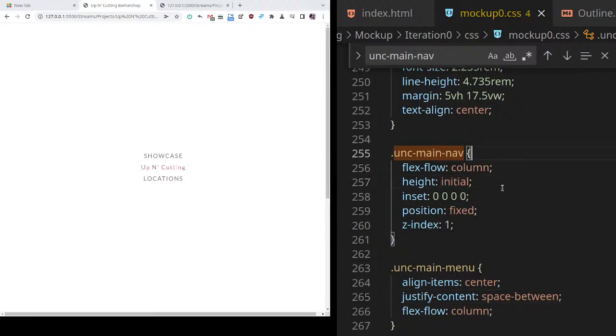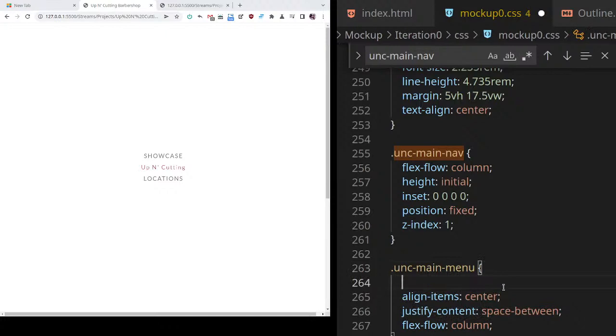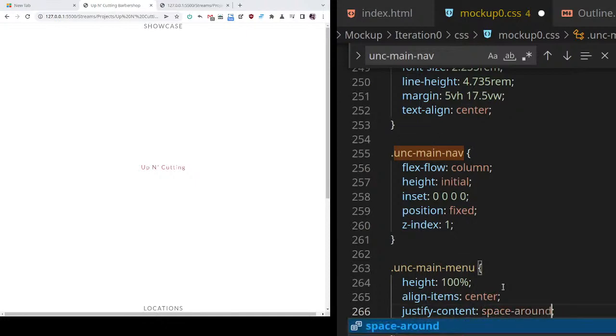Let me just see if this is set to the height of its container, 100%. Right, there we go. Let me use space around because space between is going to put them at the ends. That's not really what I want. So there we go now. Now if you don't like how this is because it's too wide, you can still have these kind of closer